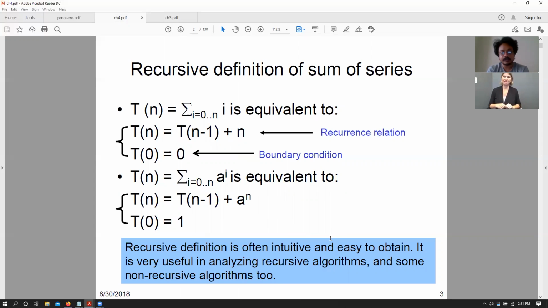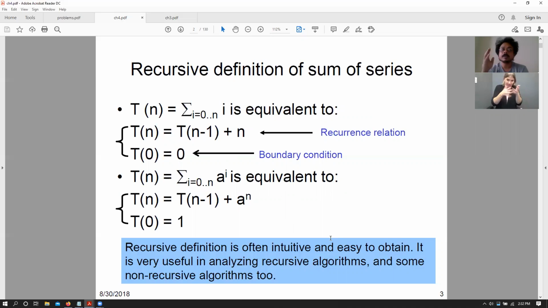So the recursive definition of a particular function is more intuitive and easy to obtain because now you're thinking about a very trivial small problem, and you're delegating your tasks into smaller and smaller subproblems. You are assuming that those smaller subproblems are going to take care of the heavy load of that entire algorithm, and you are just bothered about that particular smaller problem.